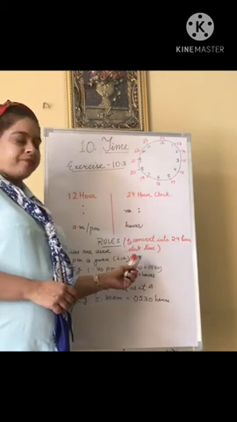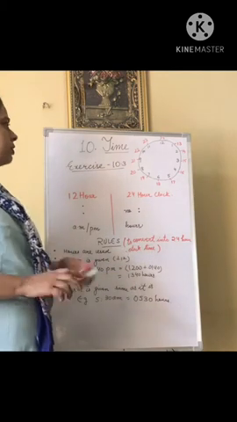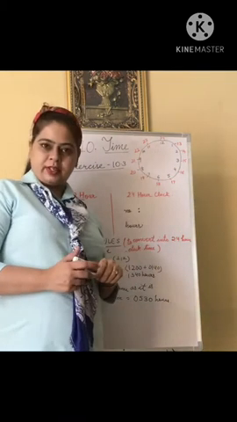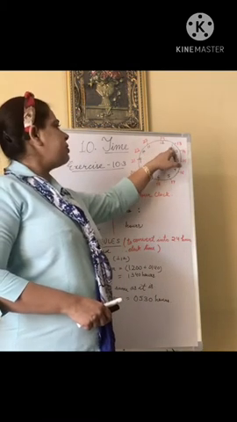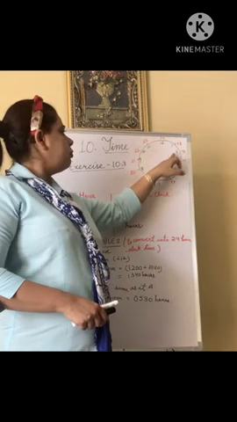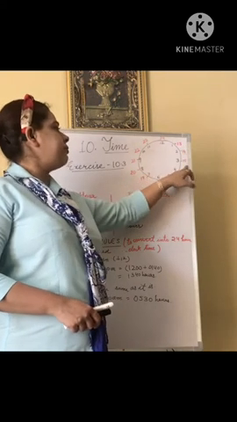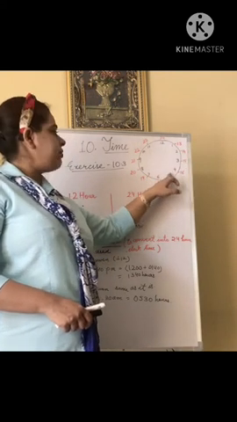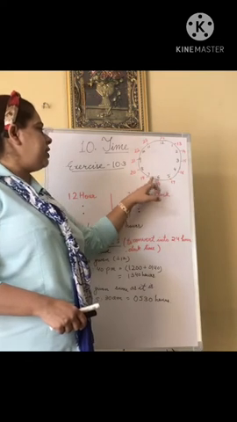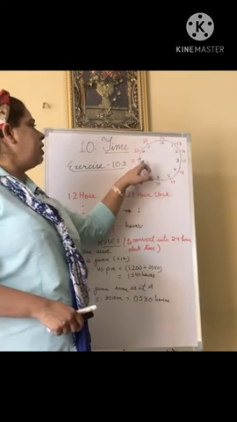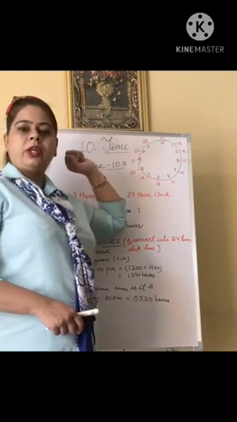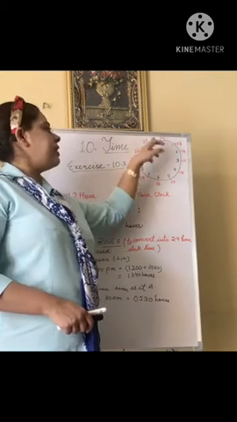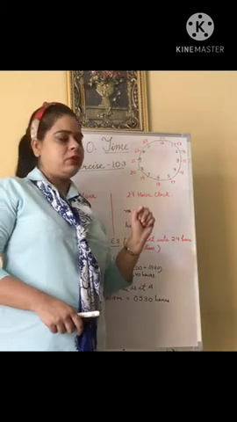24-hour clock time. First of all, as you all know, there are 24 hours in a day. Now after 12 noon, 1 is represented as 13, 2 as 14, 3 as 15, 4 as 16, 5 as 17, 6 as 18, 7 as 19, 8 as 20, 9 as 21, 10 as 22, 11 as 23, and 12 as 24, or we also write it as 0, 0, 2 times 0.